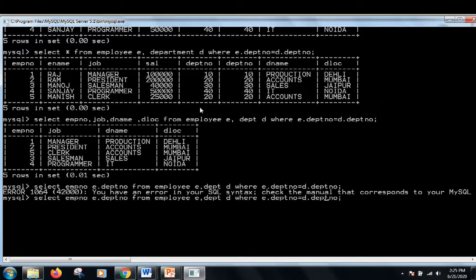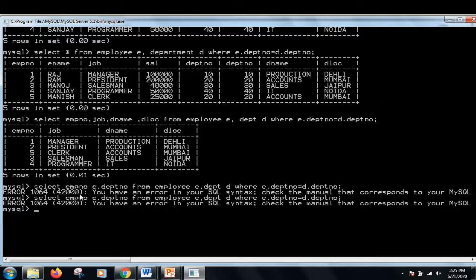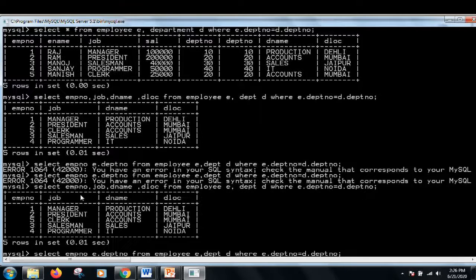Employee number, E dot department number from employee E, and in this query what we are doing is that we have taken, now in place of that I am changing only these fields.